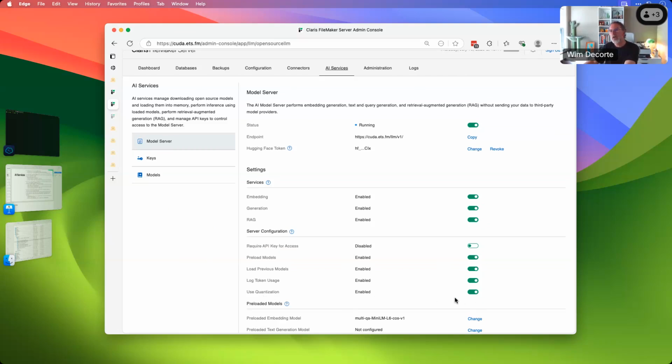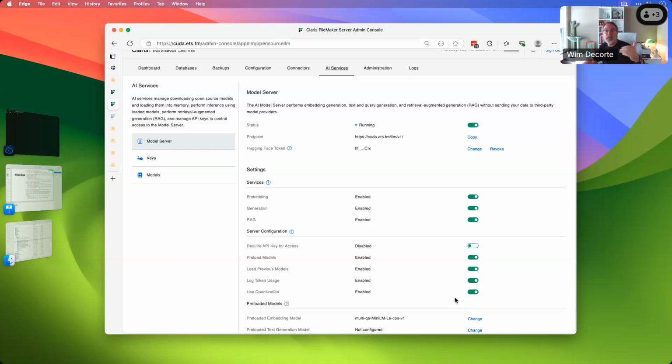So if you toggle that on, then you can load a full precision model, and when it gets loaded into memory and when the AI services use it, it'll get quantized down to 8 bits. So basically roughly half the size of the full model, and it does that on the fly. You can